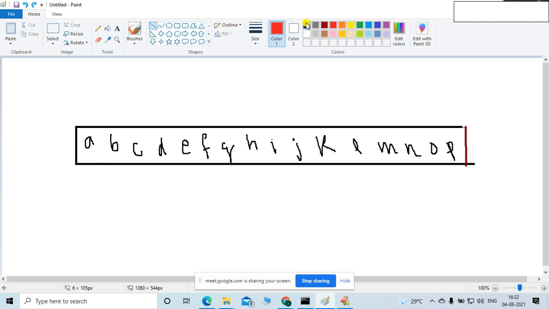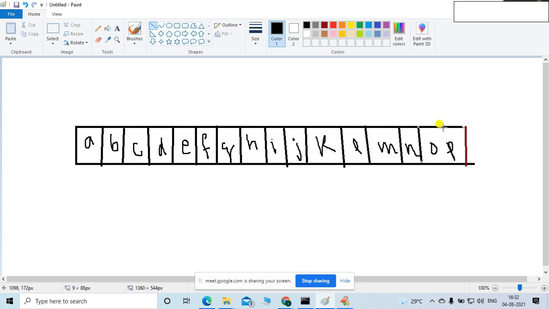One line, second, third, fourth, up to the 15th. Now let me give the positive indexes as well as negative indexes. First I will give the positive indexes in green color.